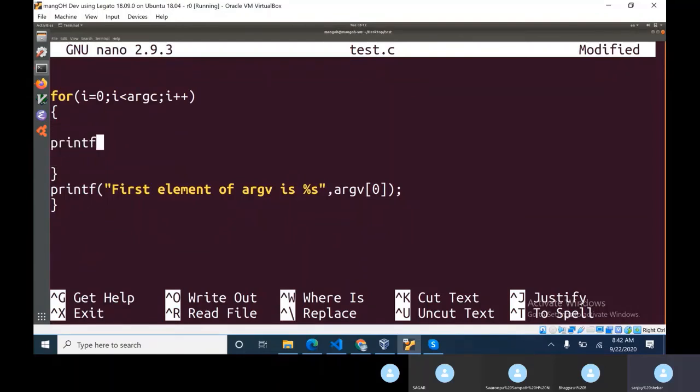So I'll say printf, and I'll say what exactly the first argument, argument %d is, %s. What I am trying to do here is, and I'll put in \n for everything. So what is the argument %d? The first element. So I'll print i, then I'll also say argv of